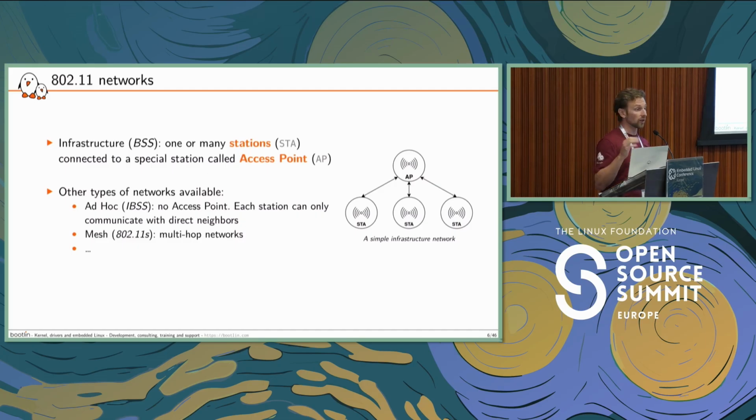About those networks, there are different networks specified by 802.11. For this talk, I will focus on the very basic setup, meaning the one we have at home. For example, when you have a router delivered by your ISP, you are using an infrastructure network. In this case, you have multiple station devices joining a network through a specific station, which is called an access point. This is not the only way of building a Wi-Fi network. You can get rid of some access points depending on the network you are using, like ad hoc, mesh, peer-to-peer, and so on. But for this talk, we will focus on the very basic one, the one we are used to use day to day.